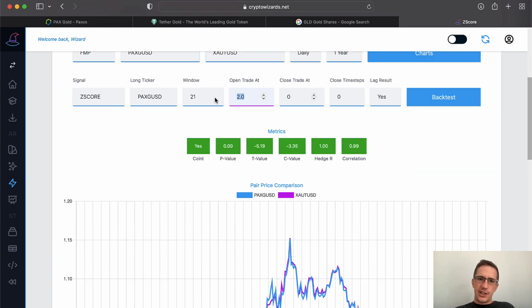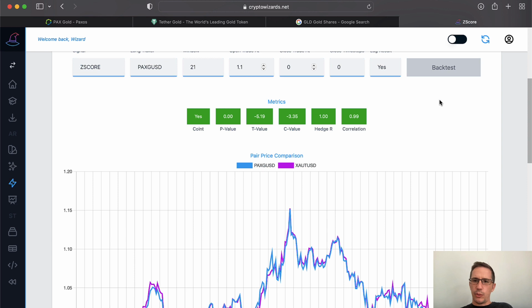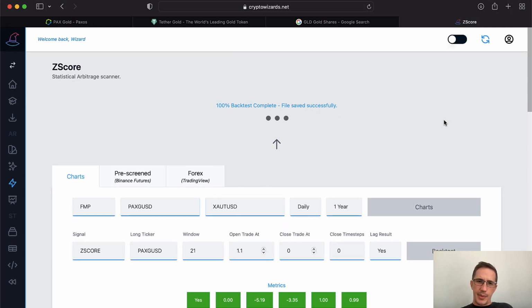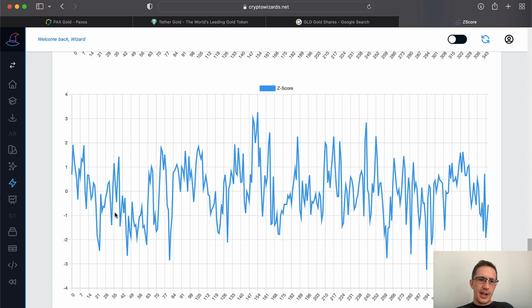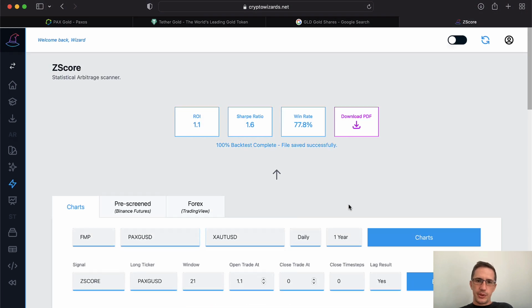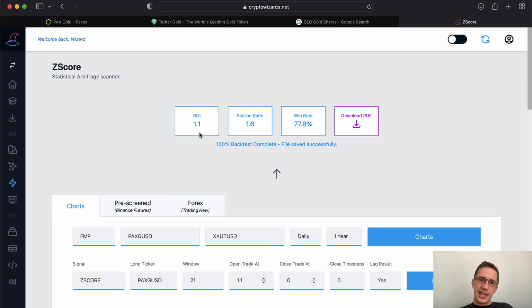What if we actually change this to be, I don't know, something like 1.1 and run the backtest on that, see what that comes back with. So rather than the Z-score being as far as 2, because you can see it doesn't happen as often, what if we just increase the frequency of trades? And you can see here, we actually hit about the same, but our win rate has gone up. Basically, we're just trading more, but the win rate of this strategy is extraordinarily high.